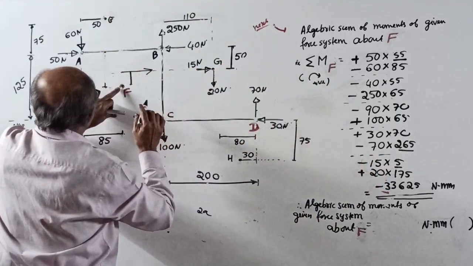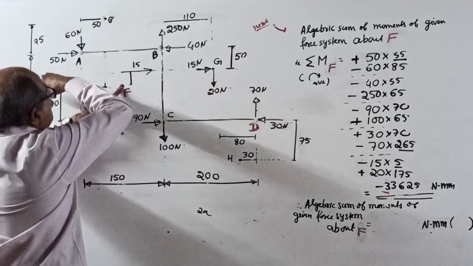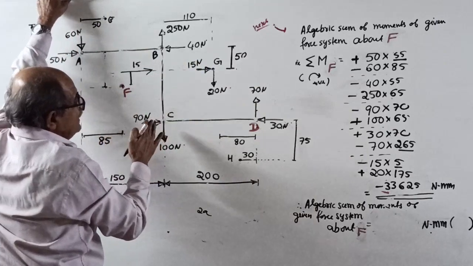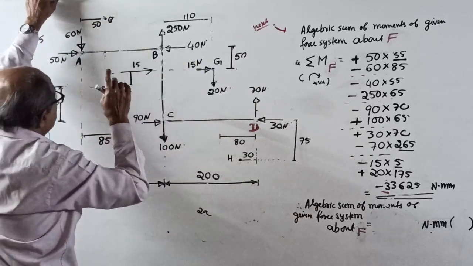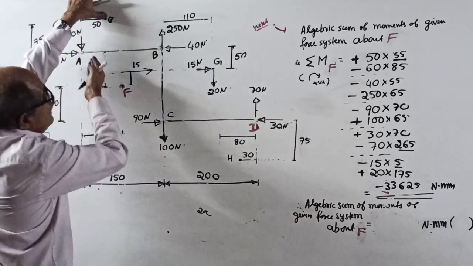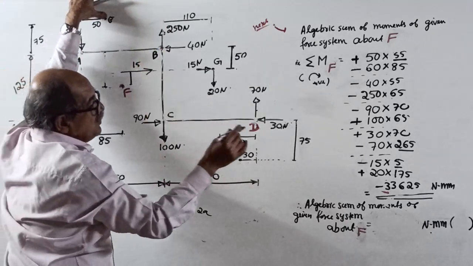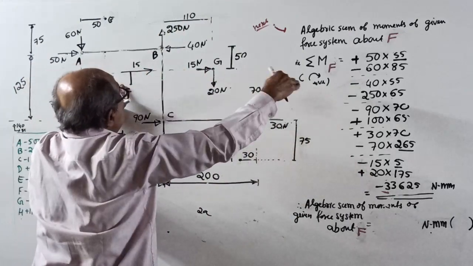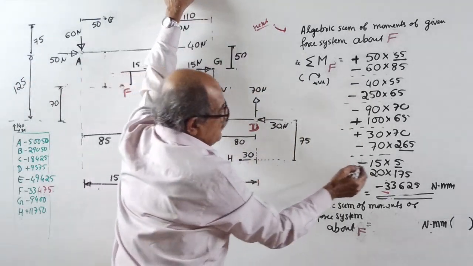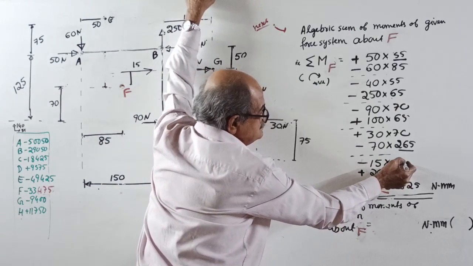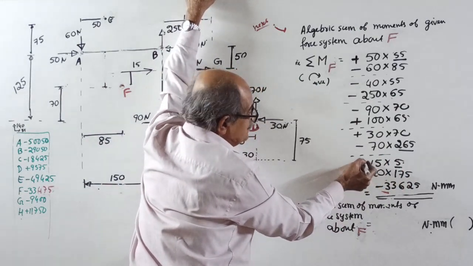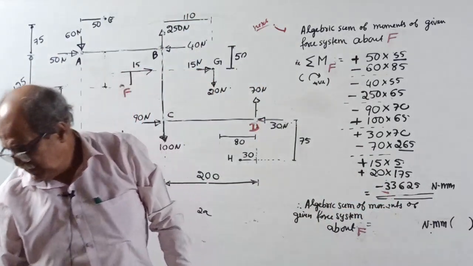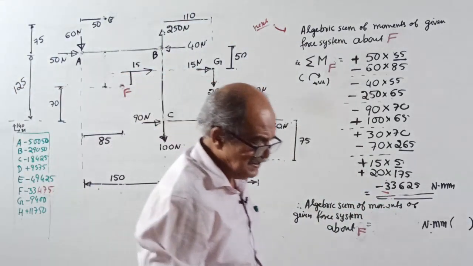I told very clearly earlier, 15 into 5 is clockwise. What happened was, it was anti-clockwise for the previous point. So I forgot: I told clockwise here, it is passing above, so clockwise. I wrote 15 into 5, I told how you got 5, but I forgot to change this minus to plus. That's all. Now I will check once again, but this time I will use